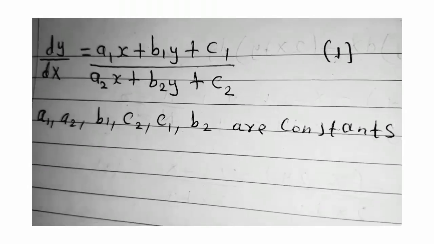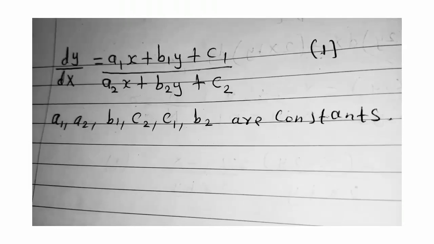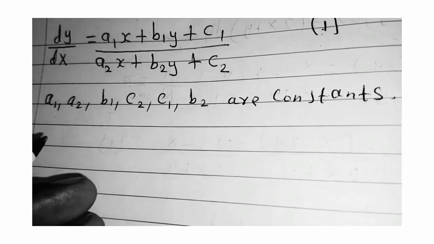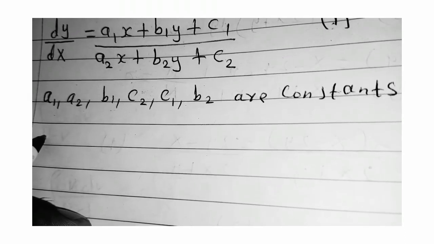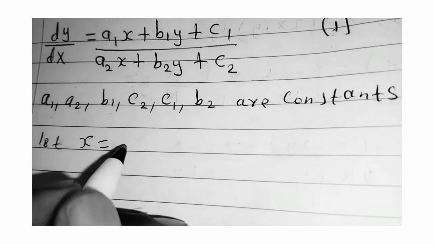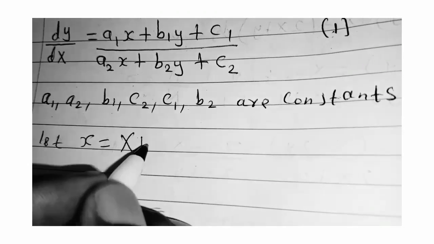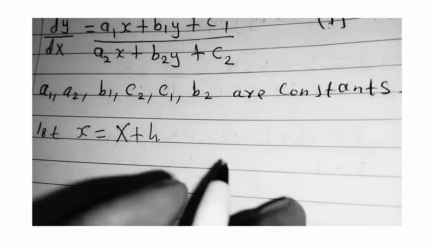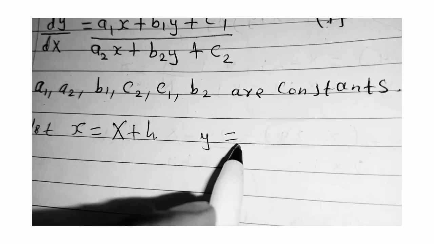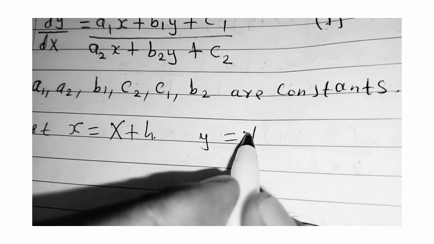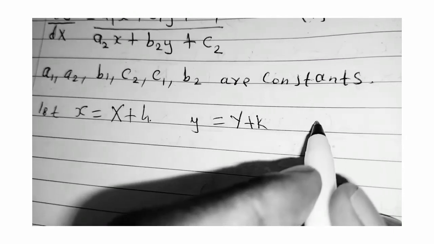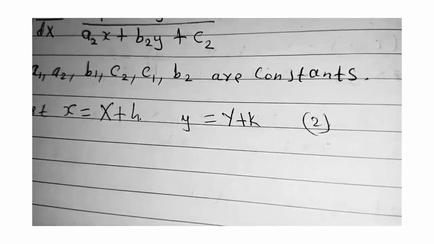Now, to reduce an equation of this form to homogeneous, we are going to make the following substitution. We let small x be equal to capital X plus a constant h, and also we let small y be equal to capital Y plus a constant k. You can call this equation number 2. Then